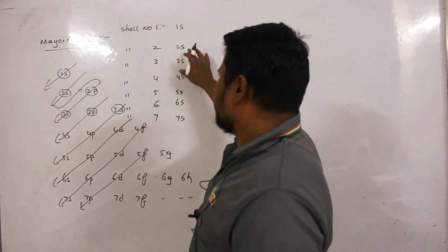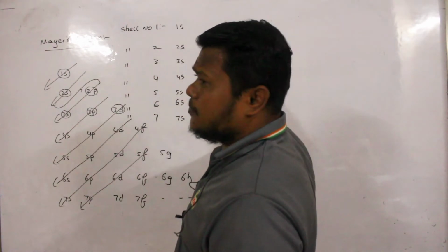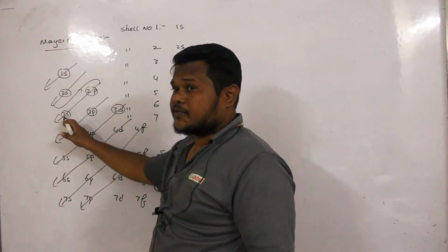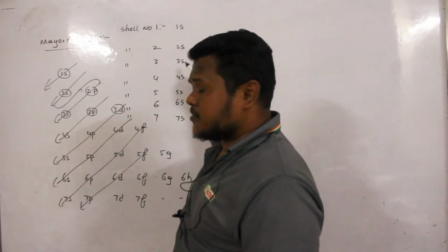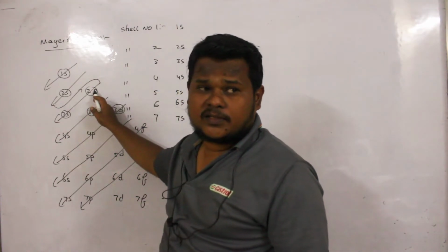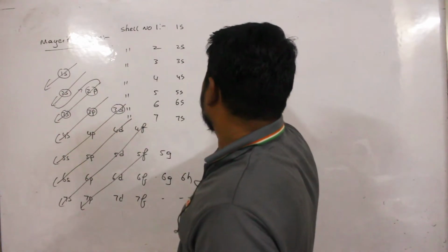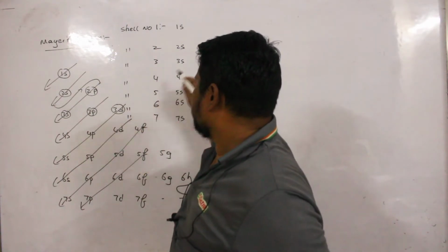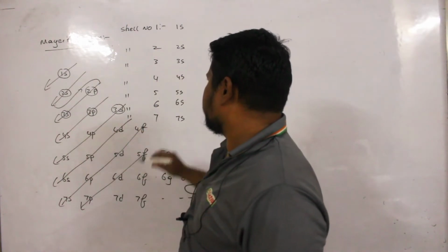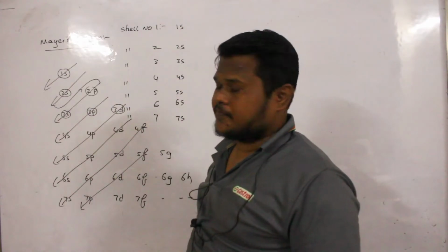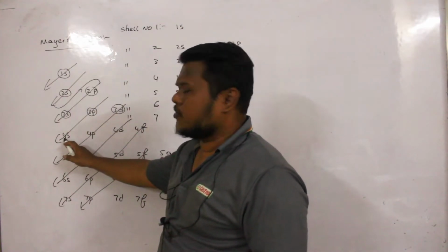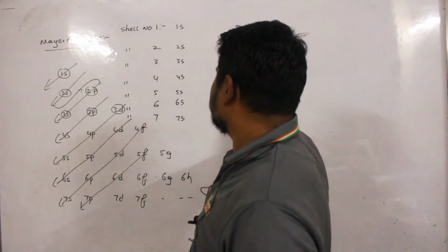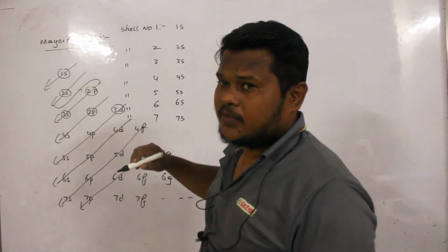Now if you take the second period, it started from 2s. Then in traveling up to 3s, next which subshell is present here? 2p subshell is present, so you write 2p subshell here. Then from 2p to 3s, 3s to 4s. Now let us see, between 3s and 4s, which subshell is present here? 3p. So 3s is already present, here I will write 3p.